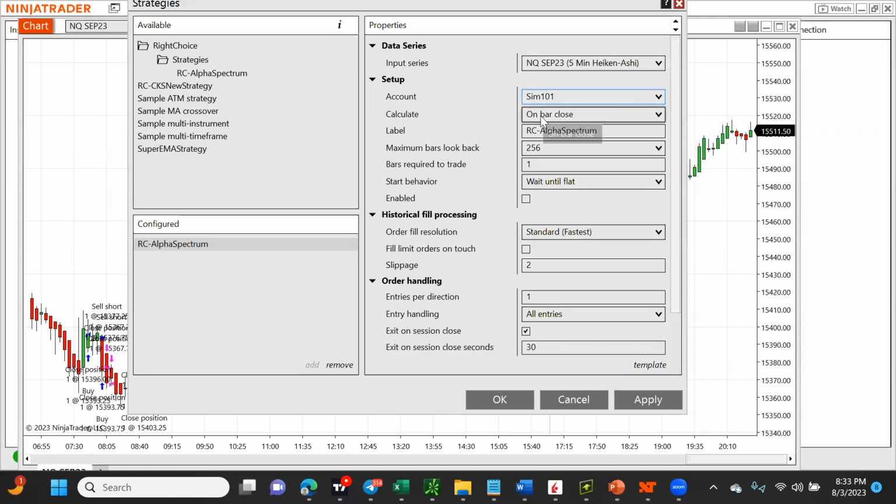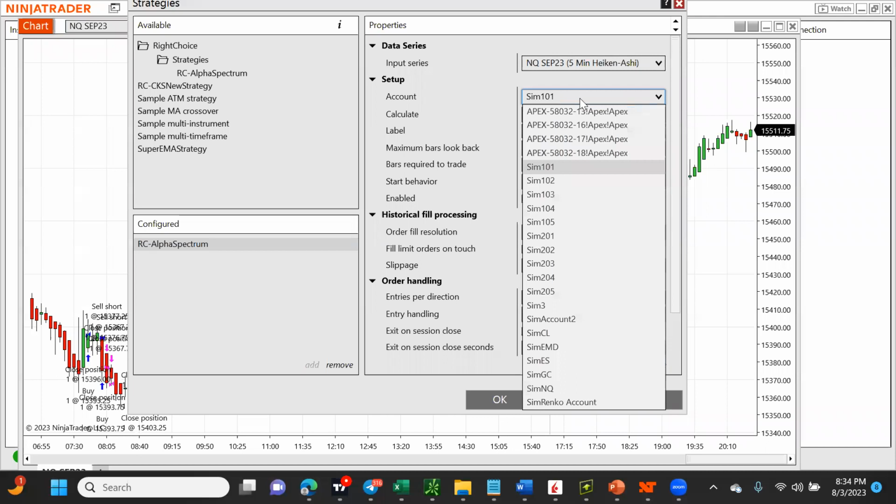And calculation, right? Generally by default it is on bar close. Once the candle closes, it will do all the calculations and decide whether it should do a buy or sell. It is always better to make sure you have this on bar close. If it is on each tick or something, there might be too many trades, and you may not be making a profit. So by default, it will be on bar close. Don't change that. If you want to change it, it is okay. For NQ, you want to test with sim NQ,